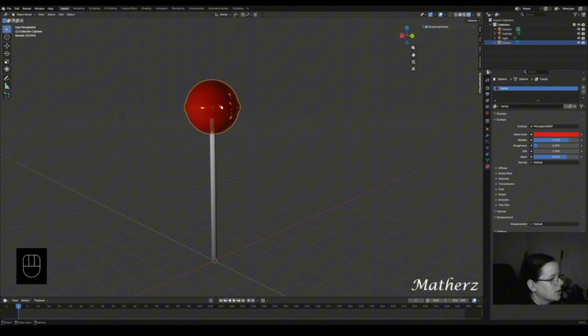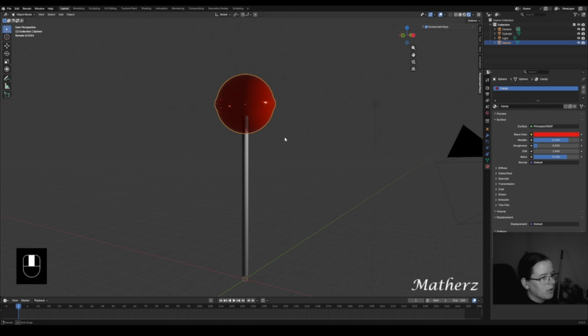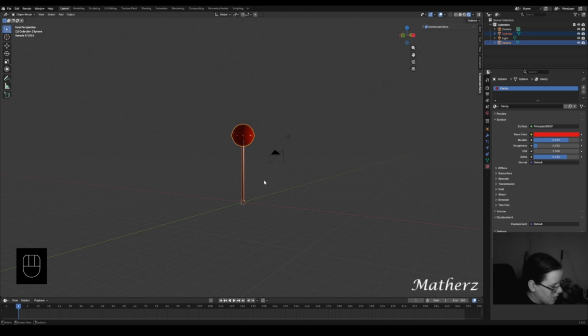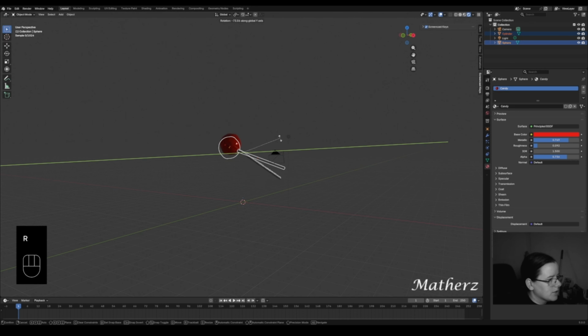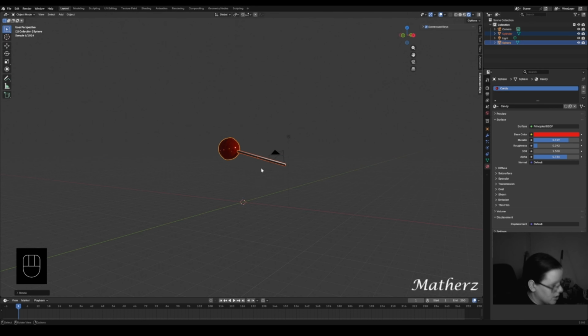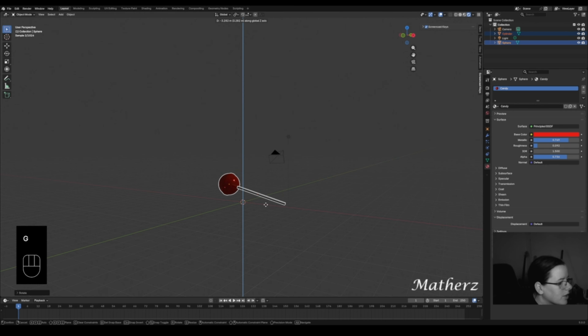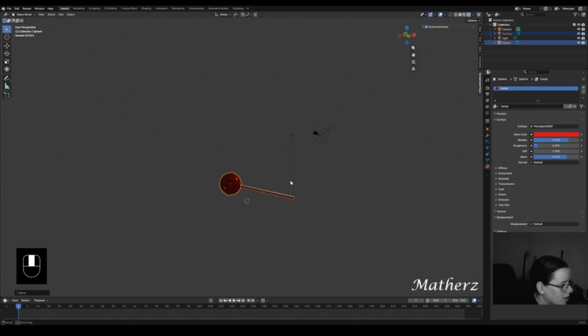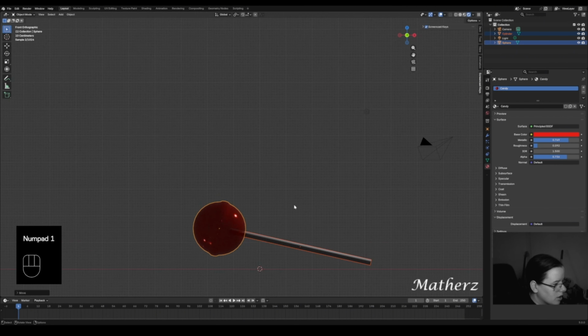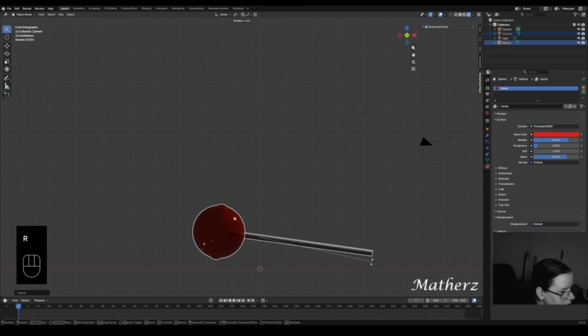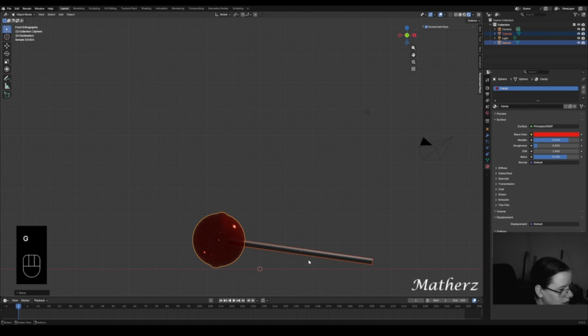As such. So, we've got something like this, which is one lollipop. I'm going to go ahead and just rotate this and just place it up against the plane that I'm going to make at the bottom. So if I just place this here, just get this roughly, if I just do 1 for the side view, we'll get this roughly, so rotate, just on that plane right there. So let's get G, half rotate,